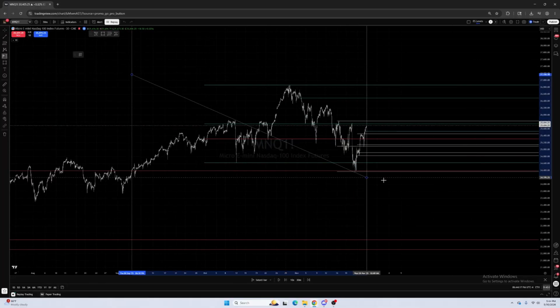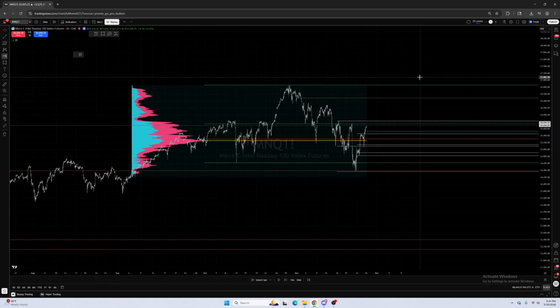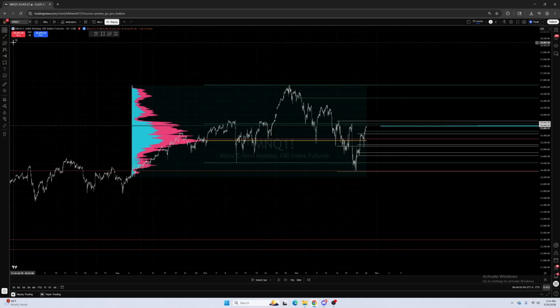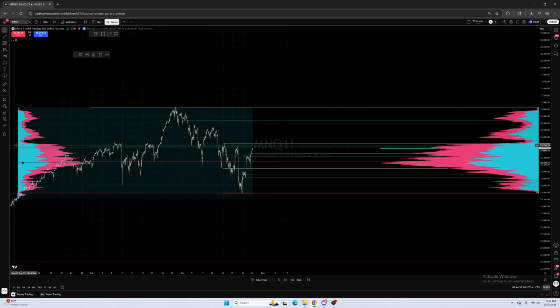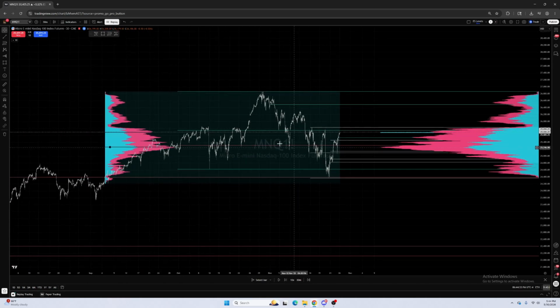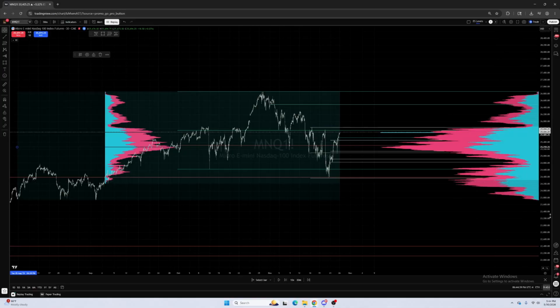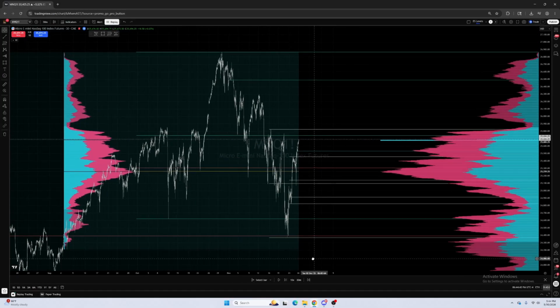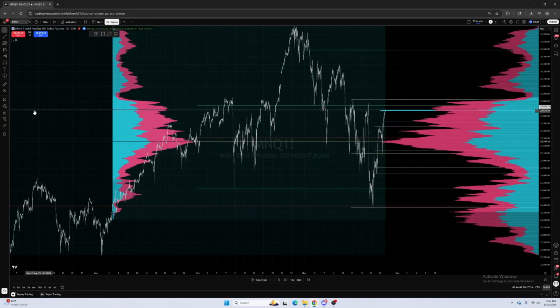Okay, we'll draw our fixed profile, right? And then we'll have our anchored volume profile. Okay, we have our anchored volume profile and our fixed. Okay, so this is a 30-minute chart. What am I seeing? I'm seeing a low volume node